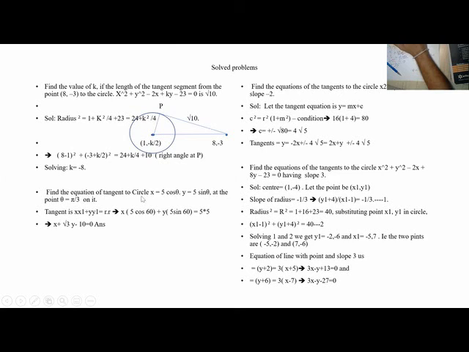Now find the equation of tangent to the circle at the point where theta is pi by 3. Circle is given, point is given. So it is simple. The tangent is x x1 plus y y1 is equal to r square. X into x1 is 5 cos theta plus y into 5 sin theta. Theta is pi by 3, which means 60 degrees. So it is equal to r square. It is a simple direct substitution, in place of x1, y1 we put 5 cos theta and 5 sin theta in parametric form.